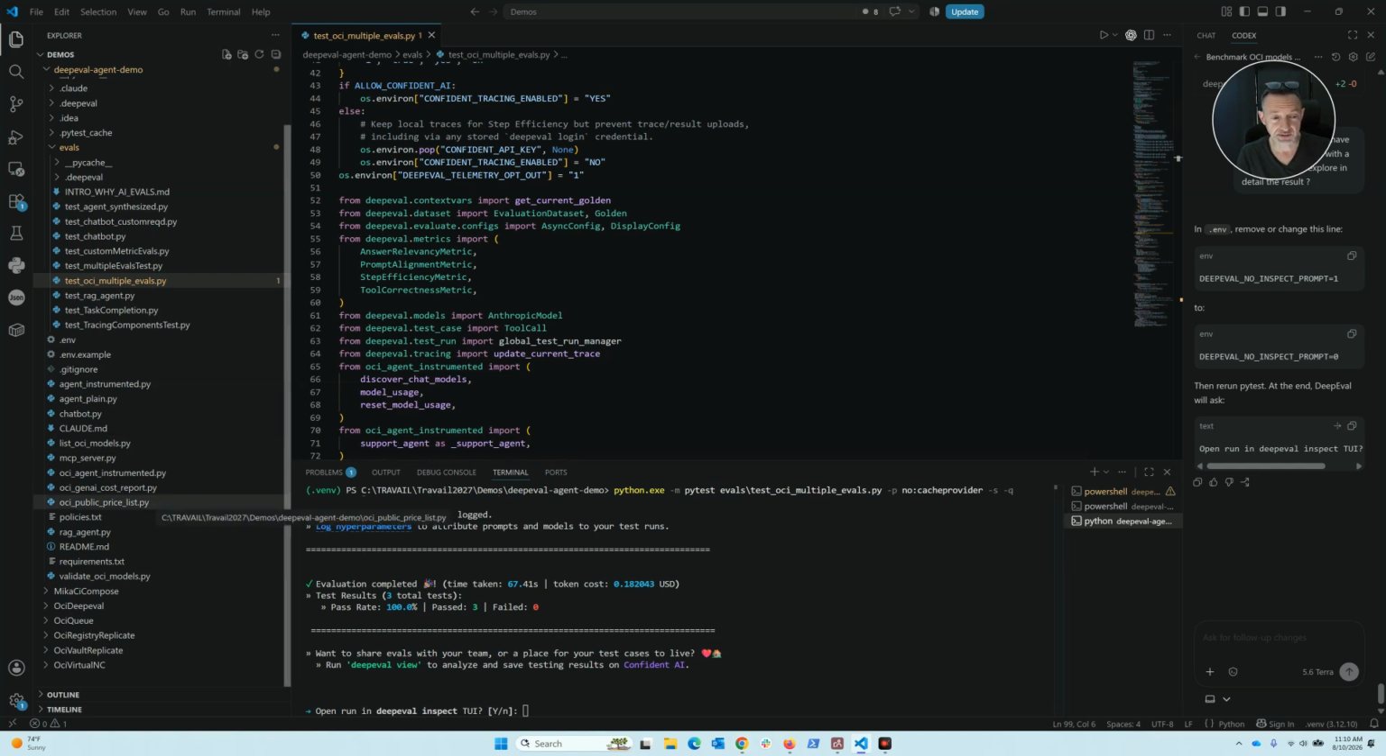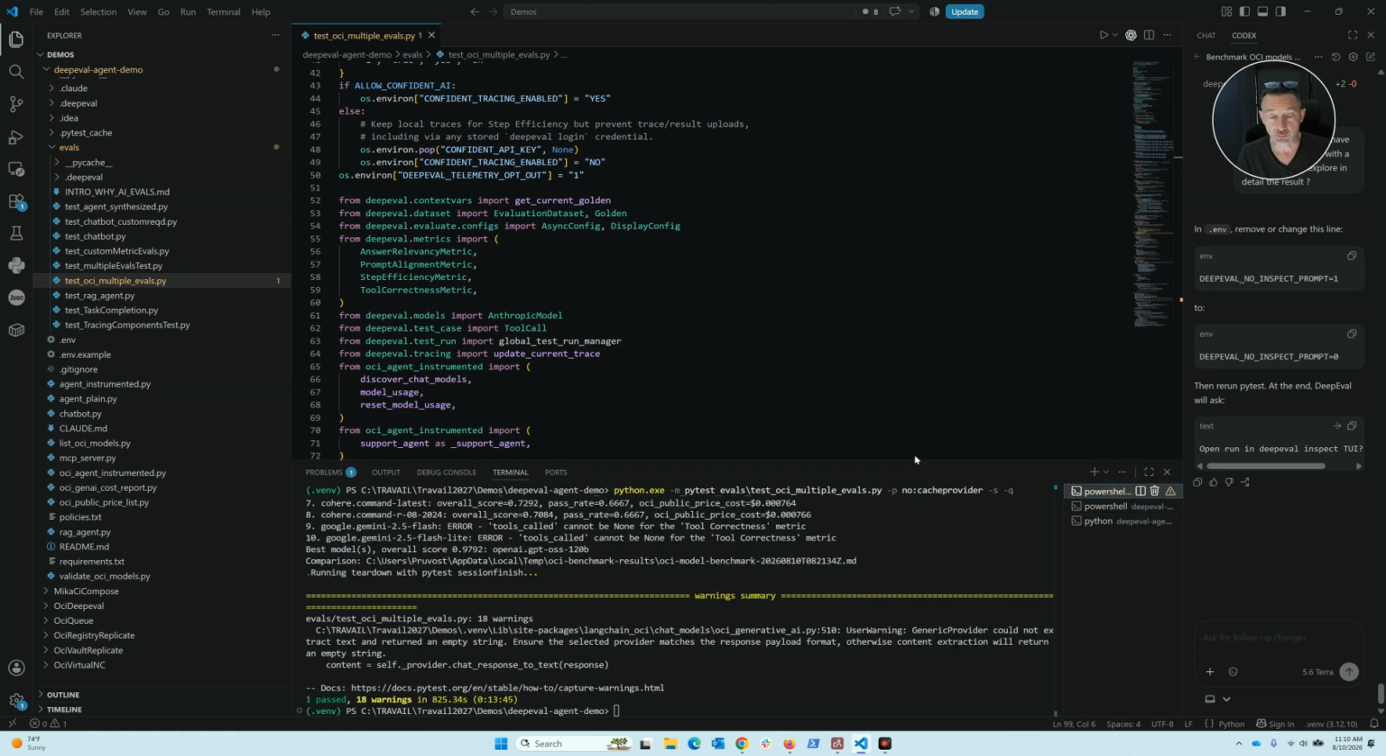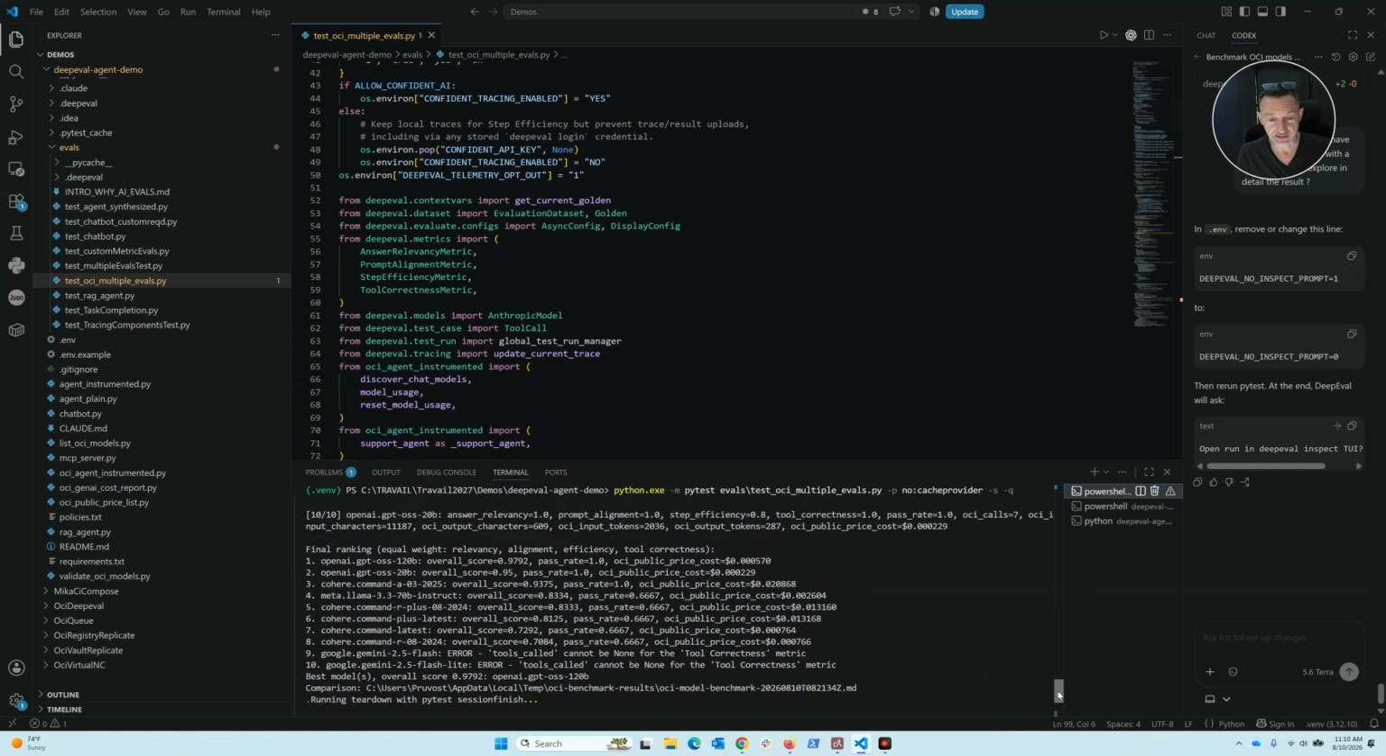I just coded a super simple Python file in order to get the list of models of OCI Generative AI using OCI CLI, so the command line interface of OCI. Then I ran a test and you can see the result of the test. The test was very simple. I got